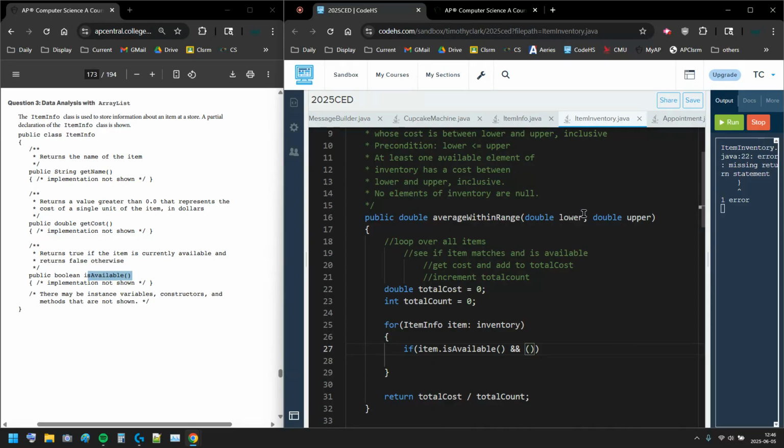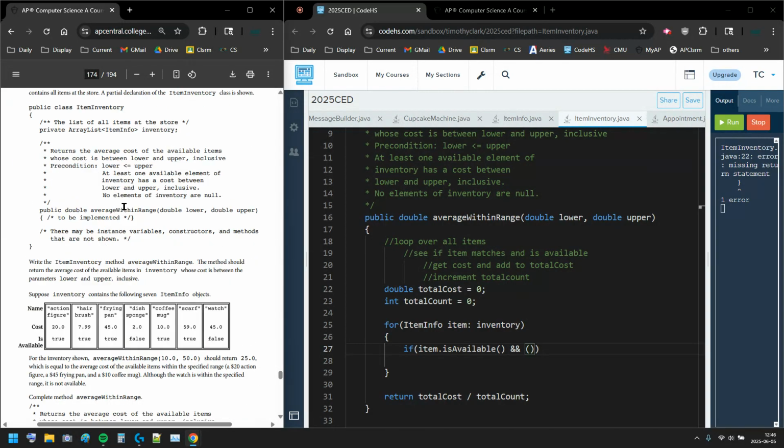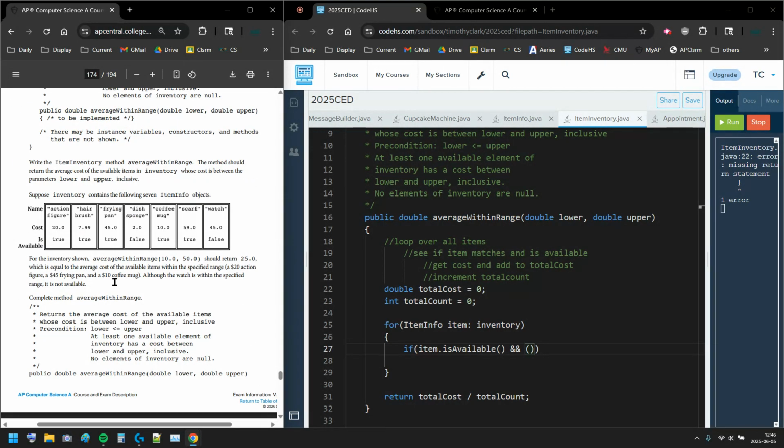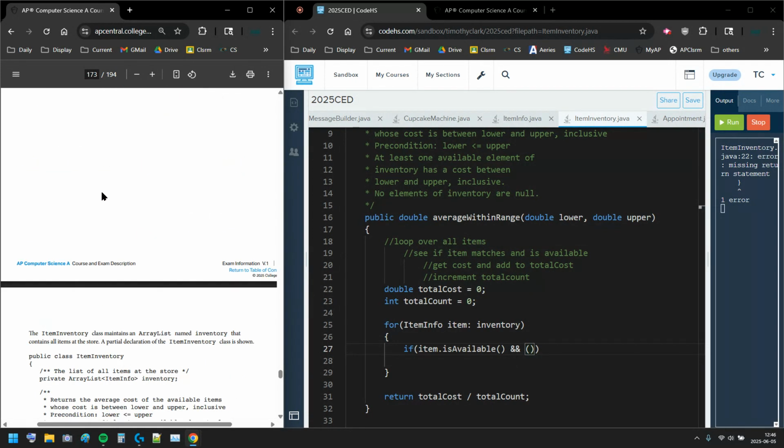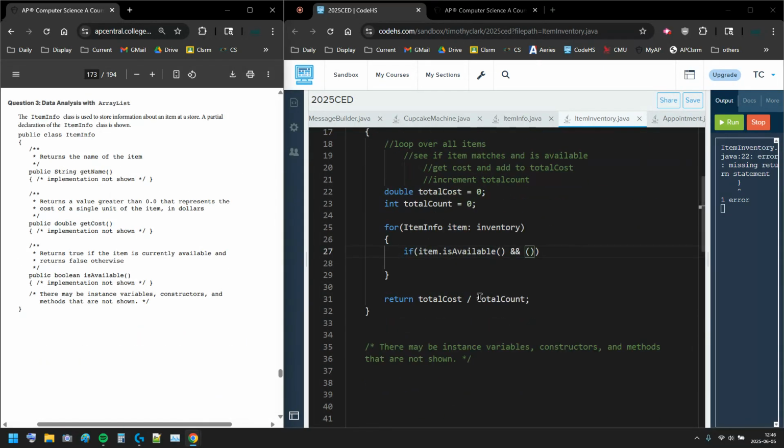So it has to be within the lower and upper bounds. So the cost has to be within. Do I need the name even? I don't think I need the name. Yeah, I don't care about the name. I just care about, yeah, the action figure had nothing to do with my answer. Answer is just a number. So I need the cost. So item.getCost